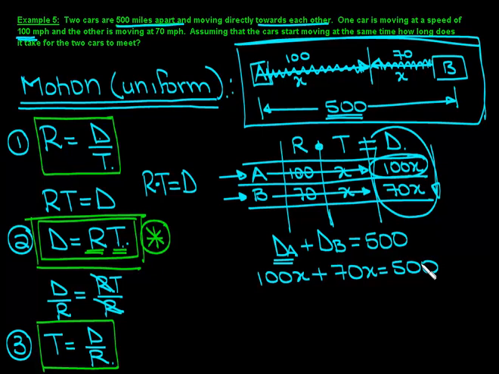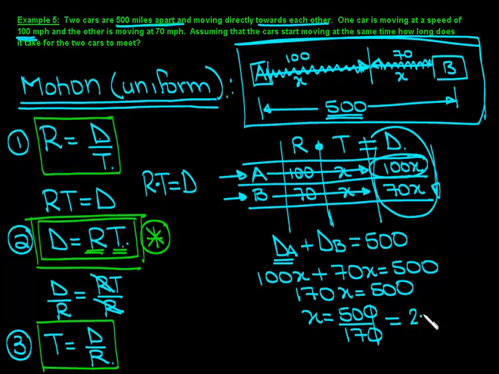We know how to solve this, right? It's fairly straightforward. We multiply and solve. So what do we get? We collect the x terms on one side, which they already are, and then we add them up. So we get 170x is equal to 500. And then to isolate x by itself, we divide both sides by 170. So we get 500 divided by 170, so we get 50 divided by 70, which is